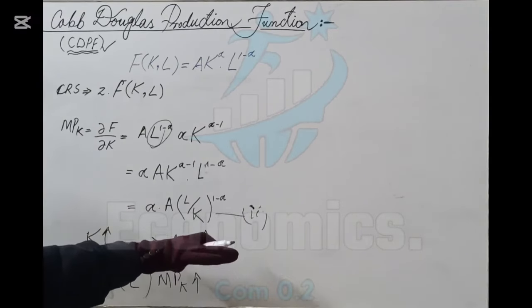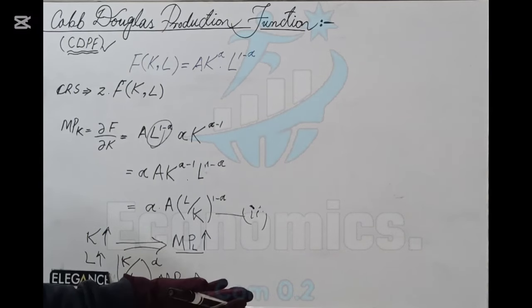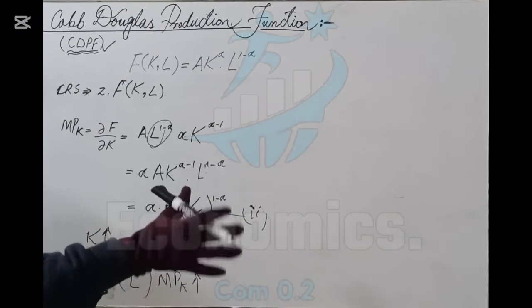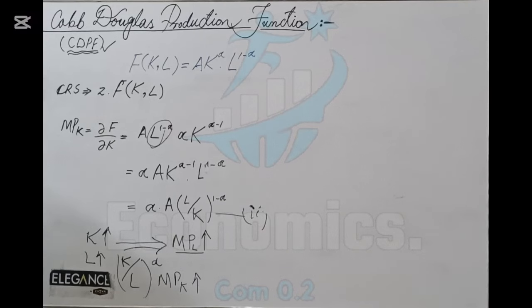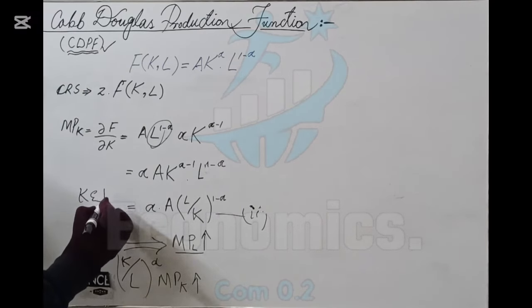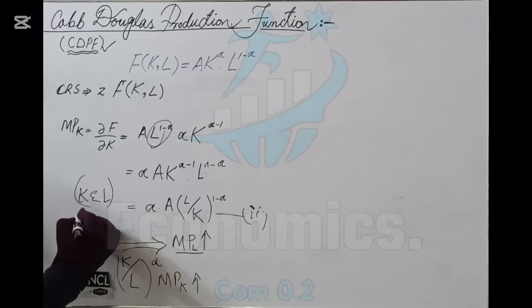So it is nice to know that K and L are complements. They work together. The more K you have, the more productive your labor will be. Sometimes people think of the production function as just reducing capital or labor. Think about pretty much any business process you could imagine, like running a restaurant. You couldn't do it with just people and no cooks, no pots and pans. You will need both capital and labor together in a production function.